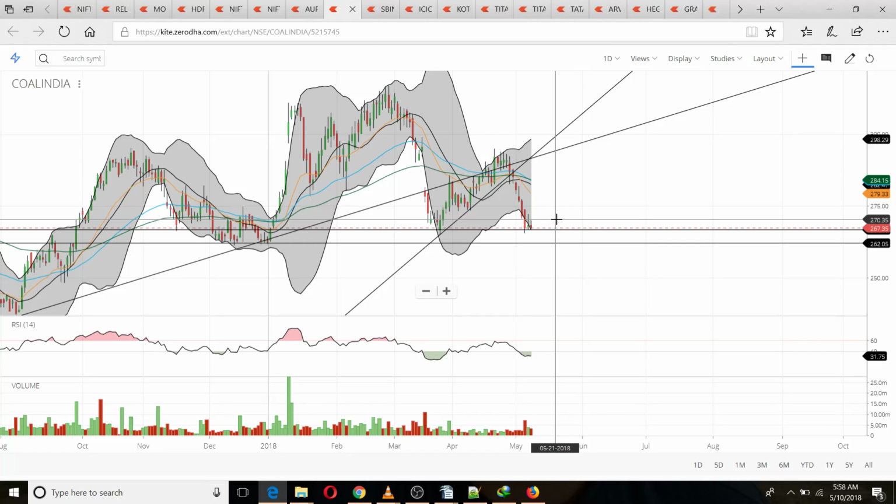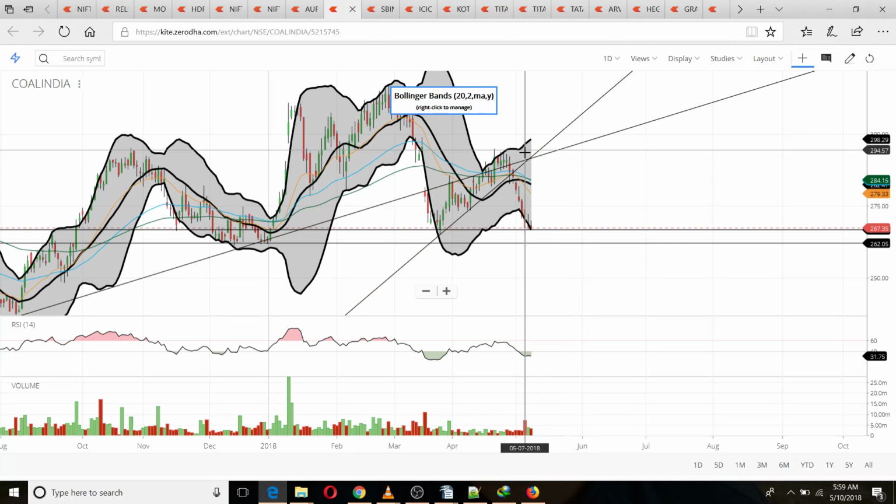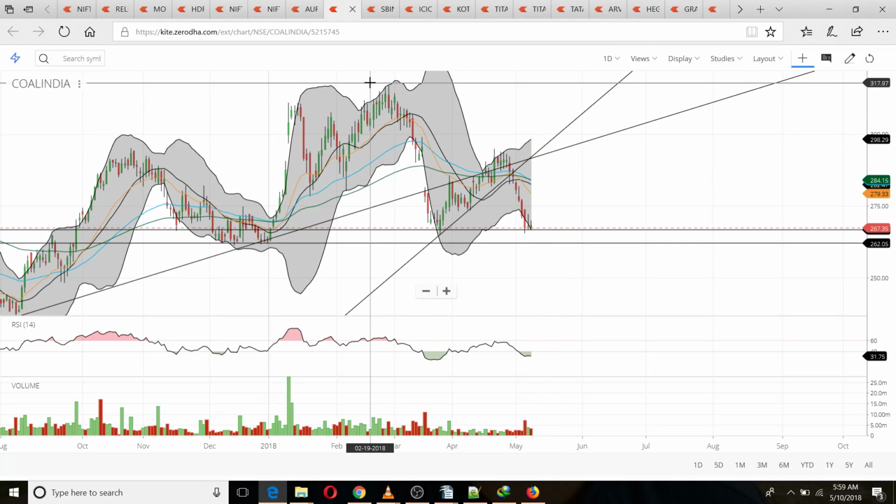So just decide in that way, and booking profit is always a good idea, though it has to go down. It will go down more, but let's book profit here. Especially because we have a news event coming in the next week, so definitely for next week you should not wait. For this week you can wait, not for next week. So by tomorrow at most, book the profit.